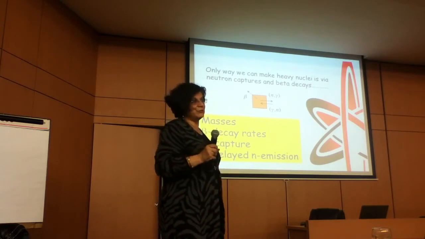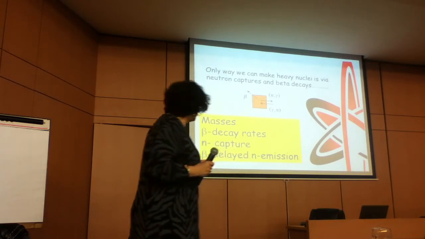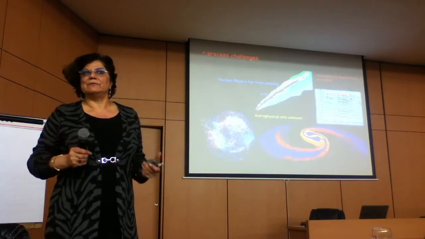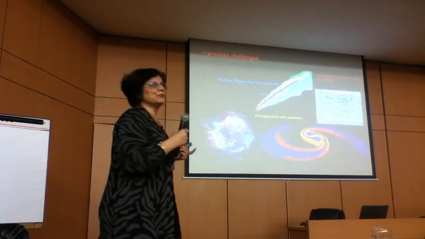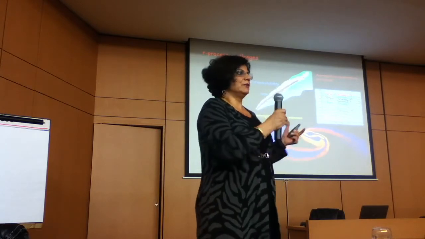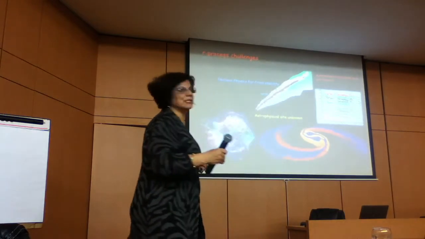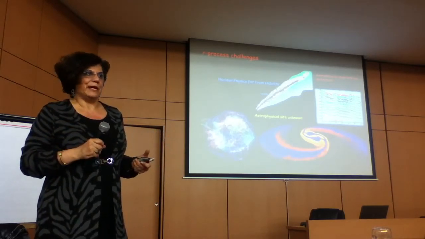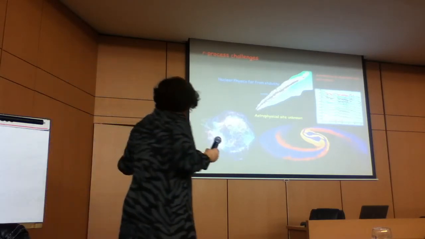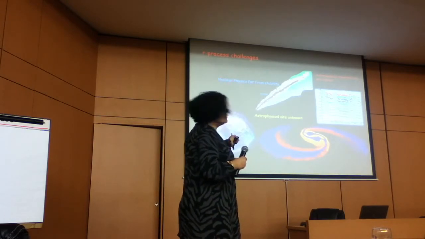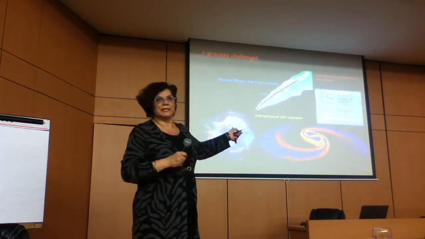In principle, we do, but what we don't know is what happens. Beta decay rates and neutron capture rates vary depending on whether we're at a closed shell or away from a closed shell, and whether the nucleus is deformed or spherical. All of those have a huge impact. So what are the unknowns? The unknowns from nuclear physics are the properties of these nuclei.